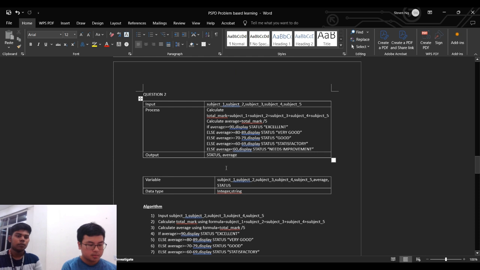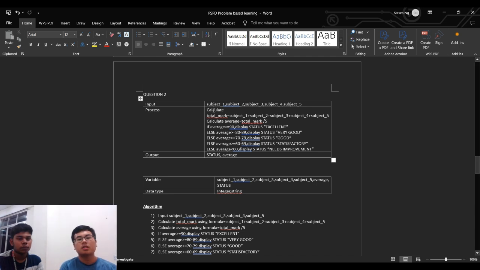The question for question 2 is: you are required to create a program to calculate the average marks of a student based on marks entered for 5 subjects. The program should take the marks as input, calculate the average, and then output the average marks along with a status based on the average. So for part 1,